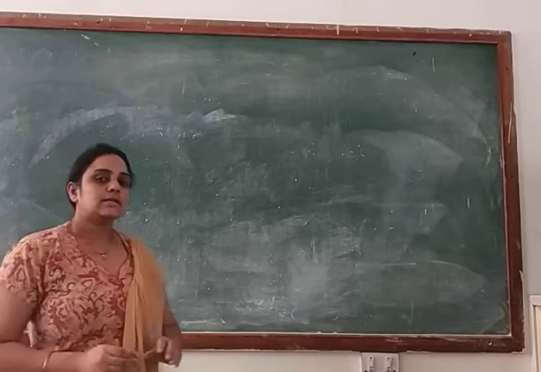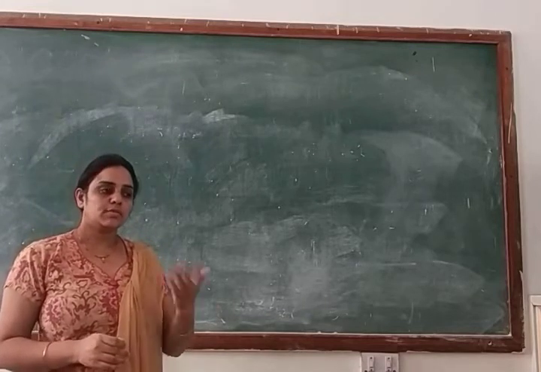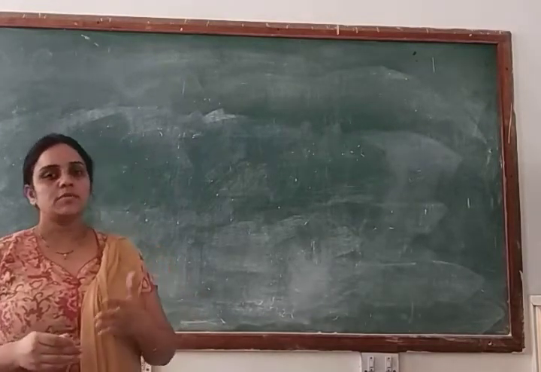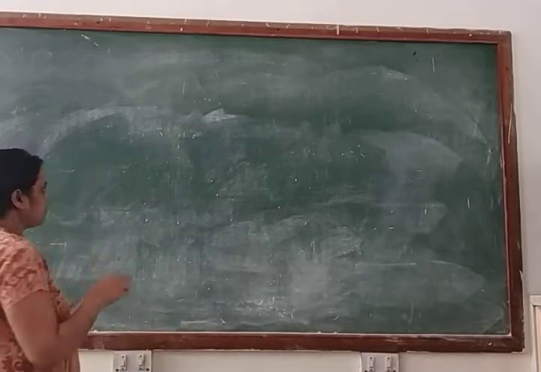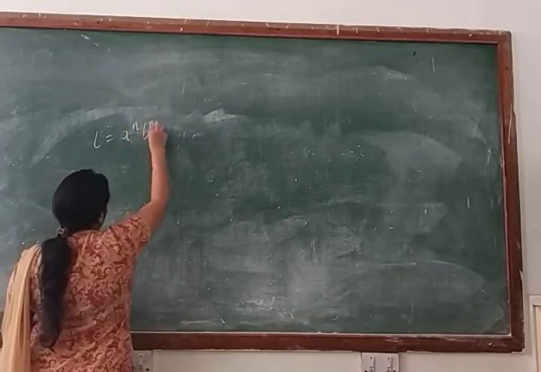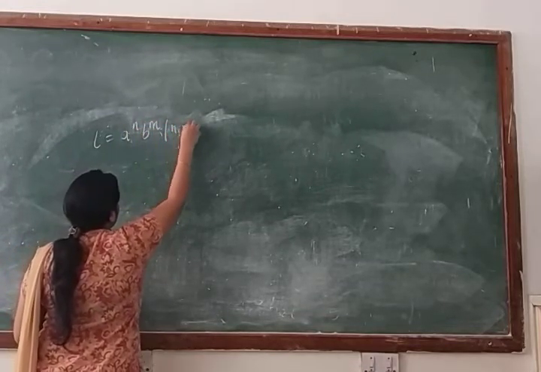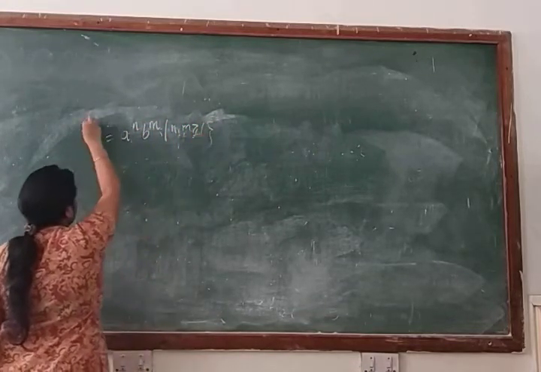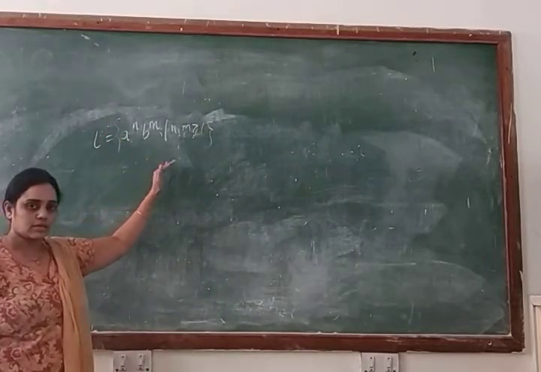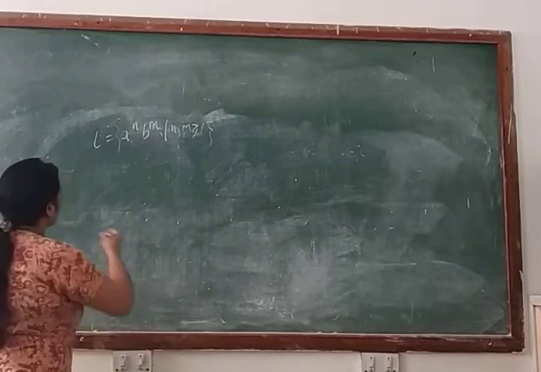Hello everyone. In this class we will study some questions related to DFA. In last class we also discussed problems related to DFA. And in last class what type of problem did we discuss? a raised to power n, b raised to power n, where n, n greater than or equal to 1. Clear? So this was the language which we discussed in last class. Now we will discuss some more examples related to DFA.